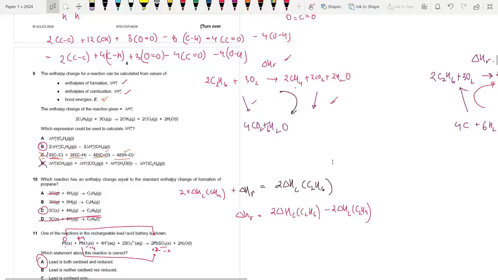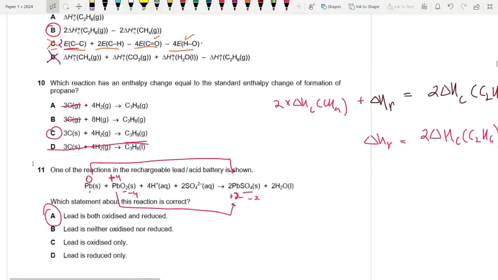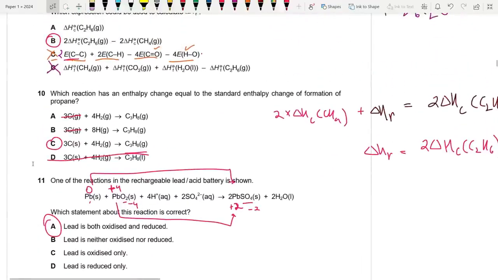Okay, so we are currently at question number 10. Which reaction has an enthalpy change equal to the standard enthalpy change of formation of propane? For enthalpy change of formation, the key point is that you need to look at the standard states. Hydrogen is a gas in standard conditions, carbon is a solid in standard conditions, it's not a gas. So it's between C and D, and propane is a gas under standard conditions,